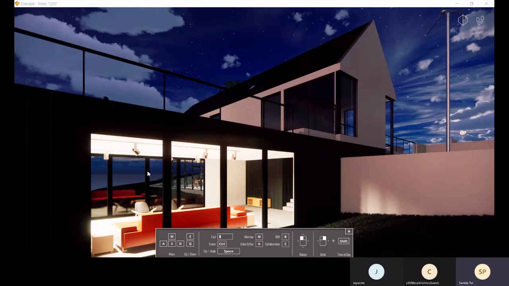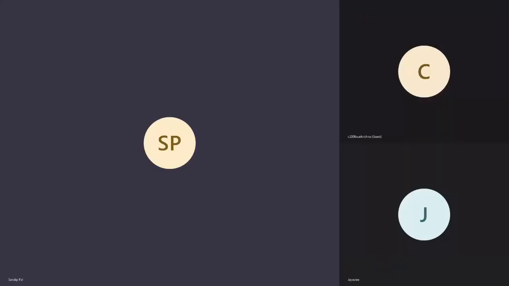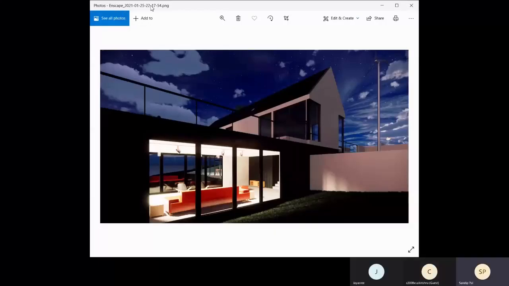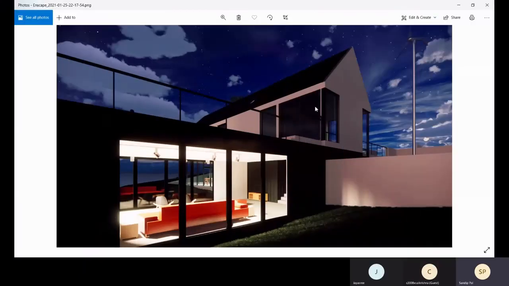Take screenshot, and then you can save it into the file and you can open that. So let me show you the saved file. Here you can see this is the image saved from your Enscape.